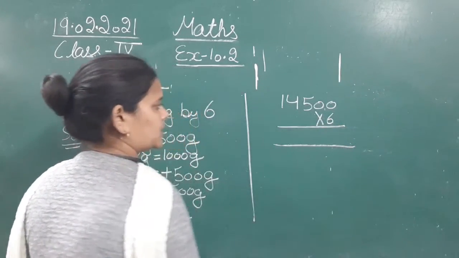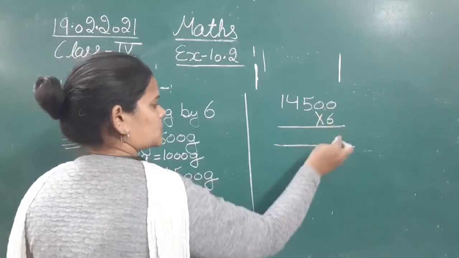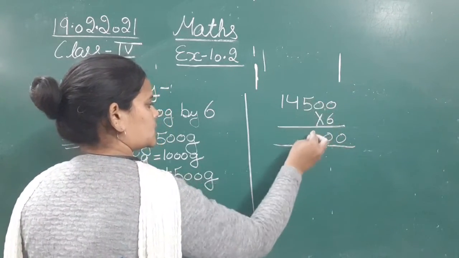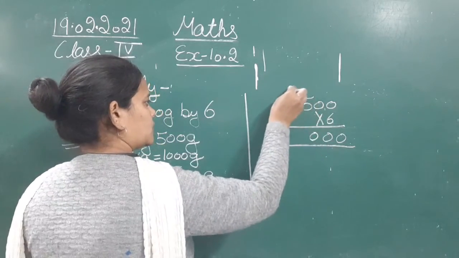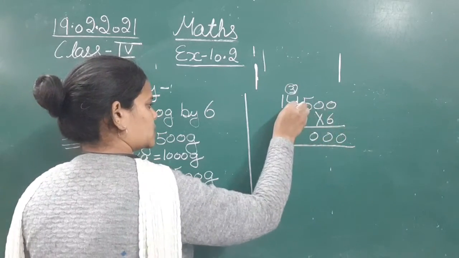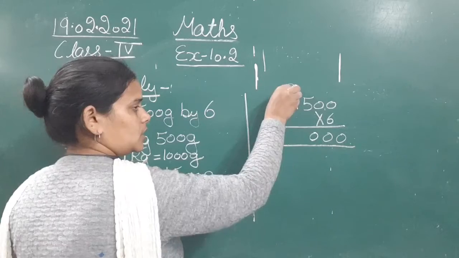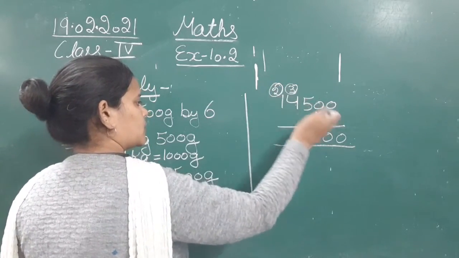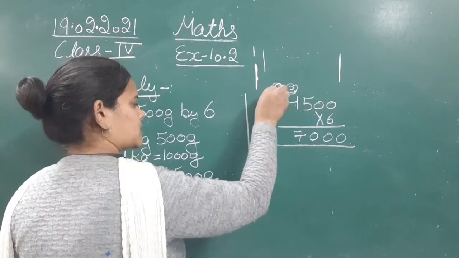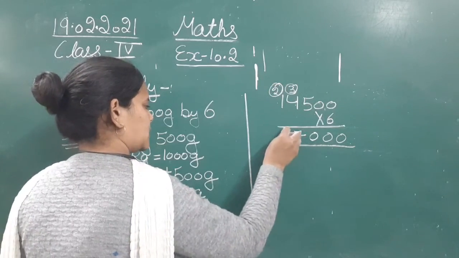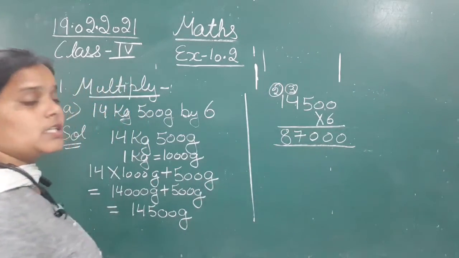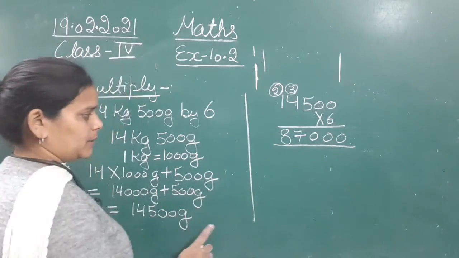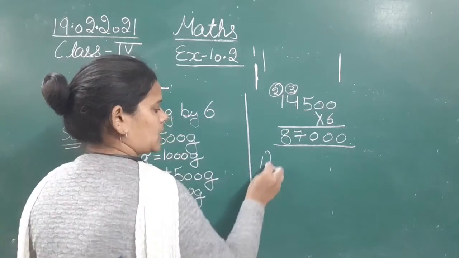So let's multiply. 6 zeros are 0, 6 zeros are 0, 6 fives are 30, 0, 3, 6 fours are 24, 24 plus 3, 27, 7, 2, 6 ones are 6 plus 2, that is 8, that is 80,000 grams. Because we did it after converting, the answer is